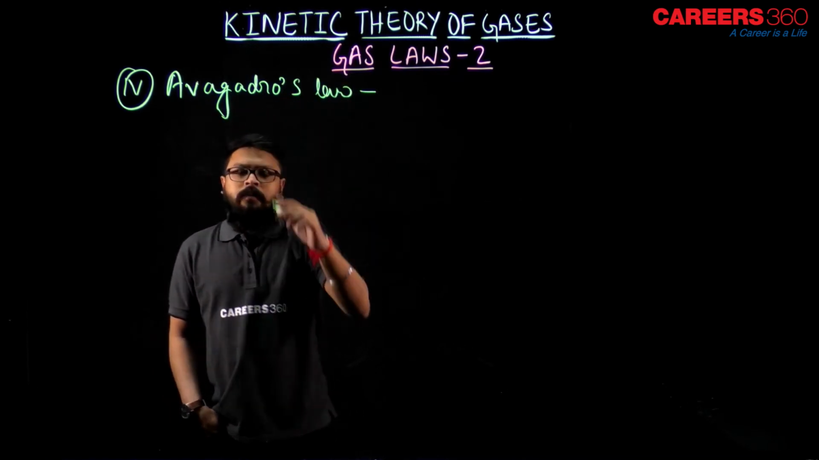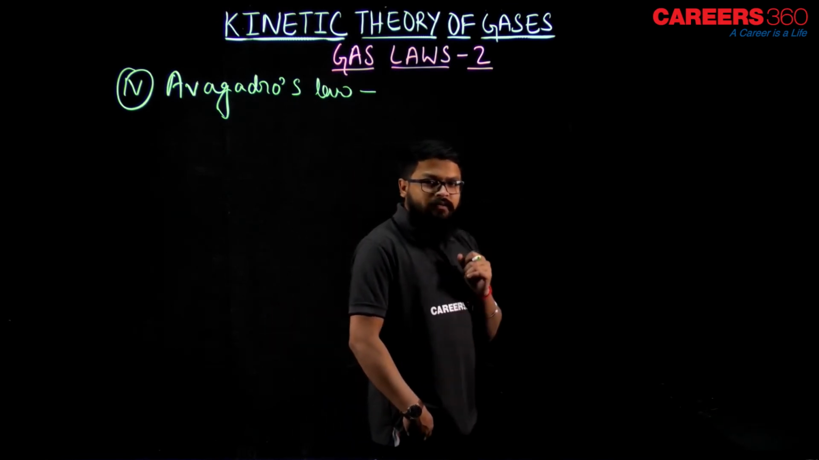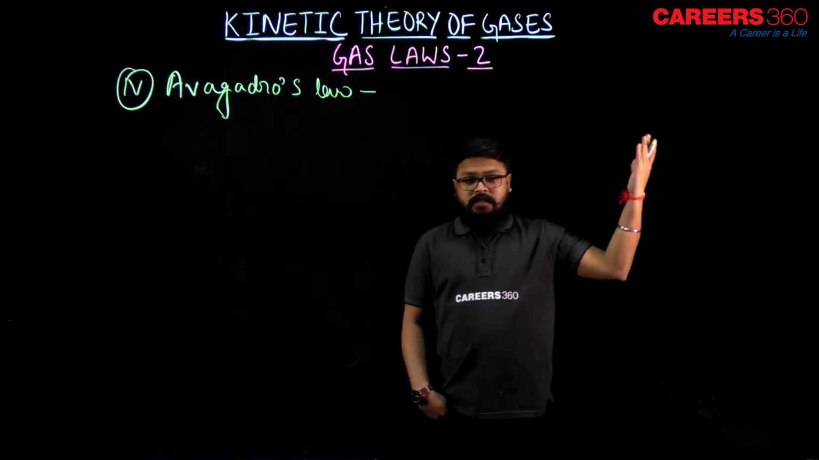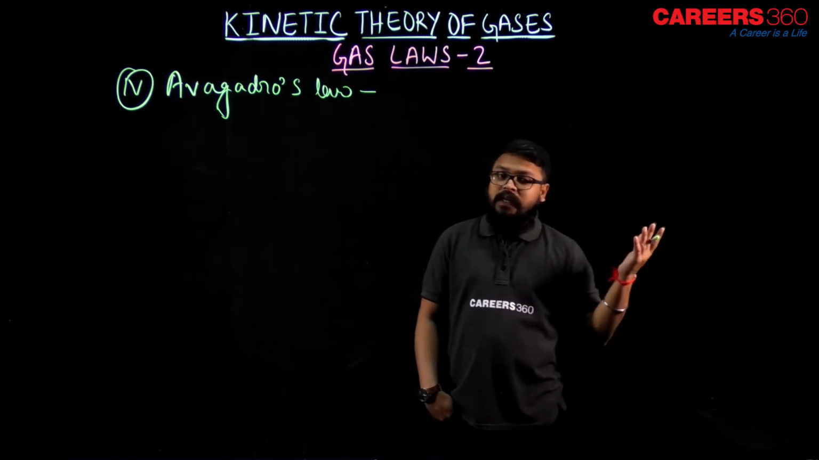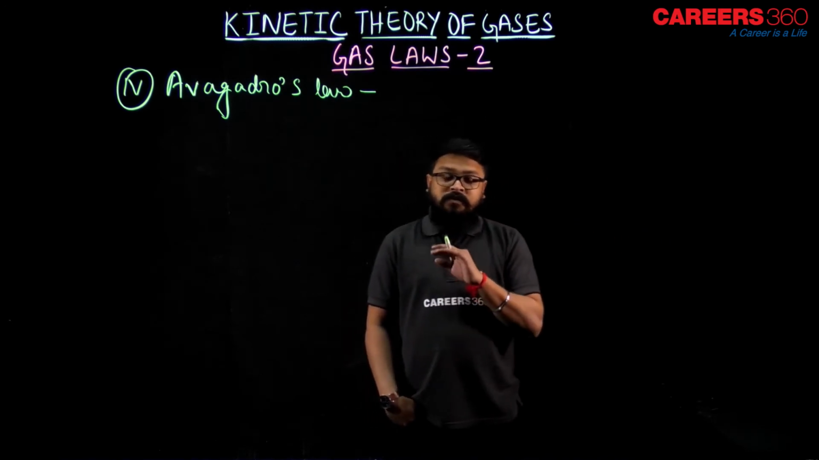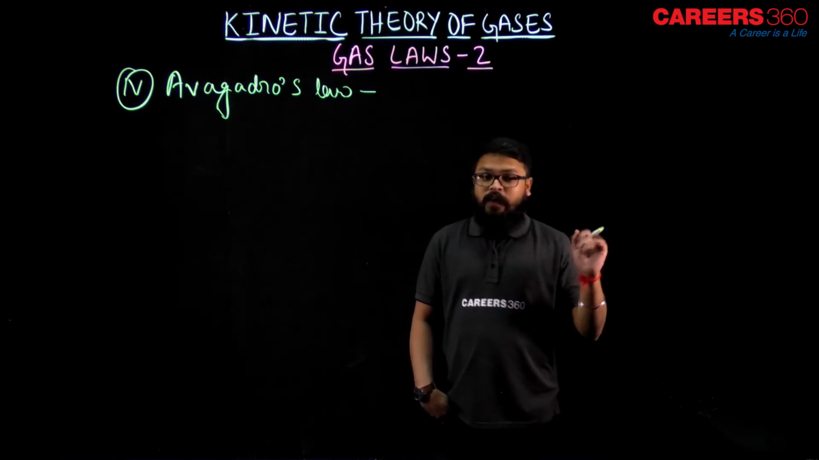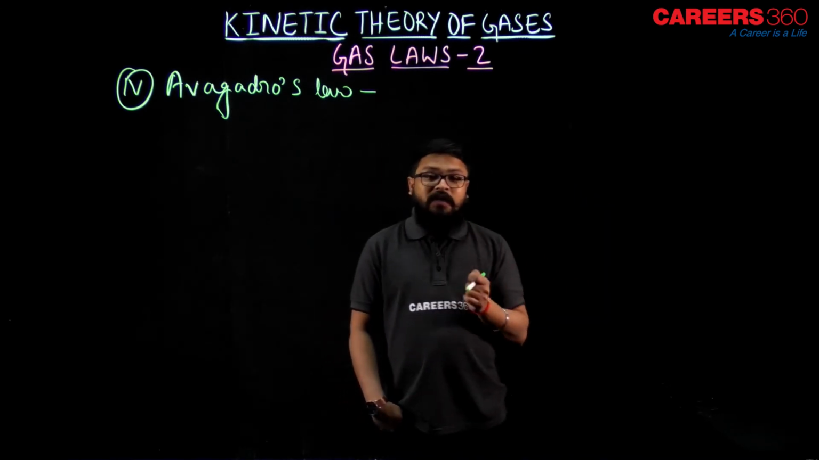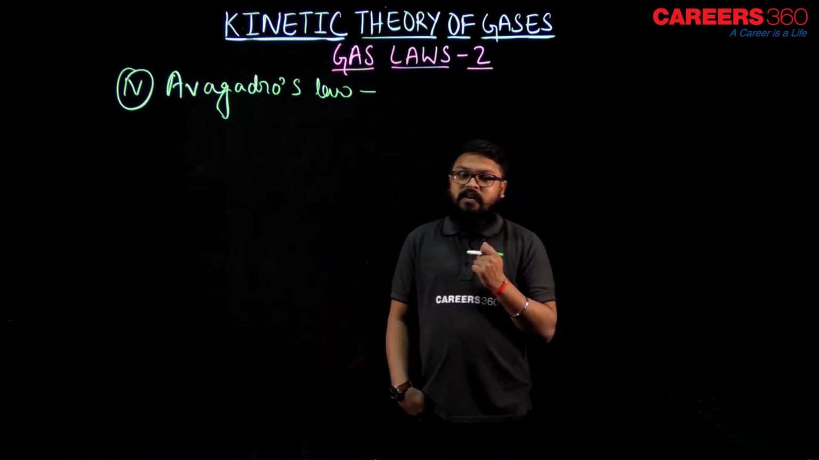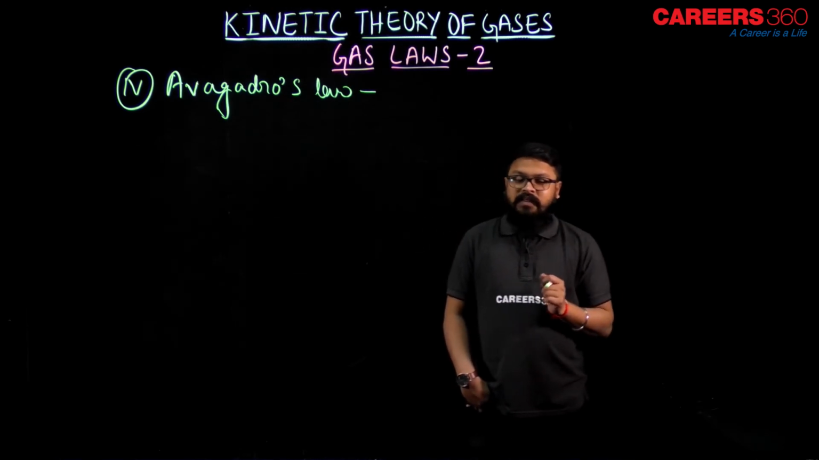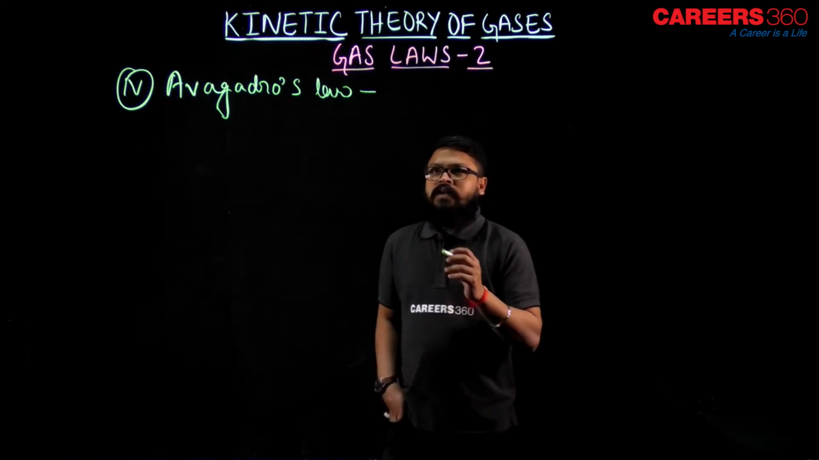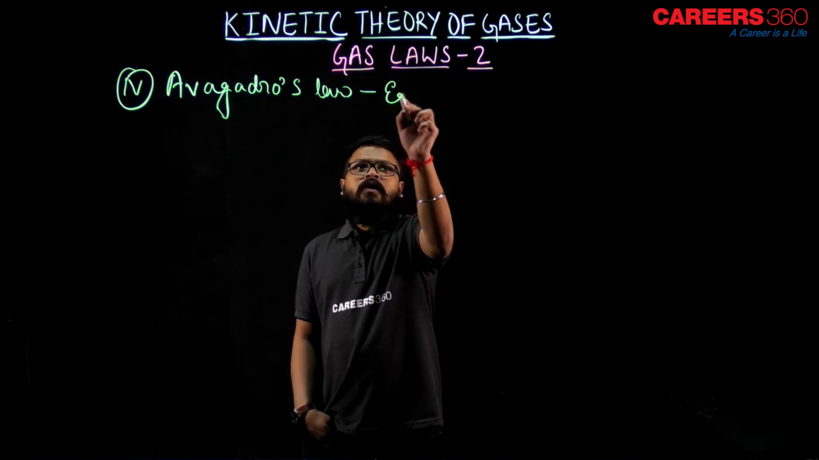Avogadro's law states that if we consider equal volume of different gases. Now why am I considering different gases? Because if the volume is same, the masses would be different. Why? Because the molecular mass, the composition of the different gases would be different. That is why the mass would be different. So equal volume